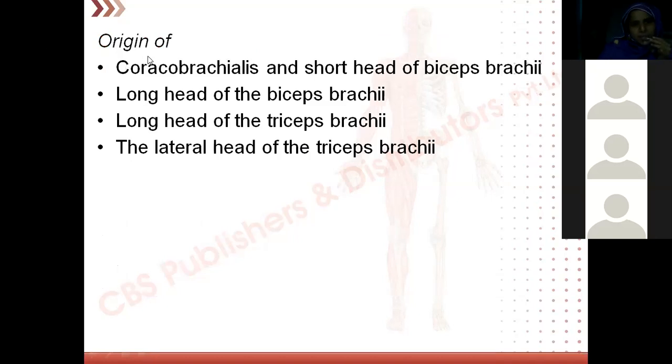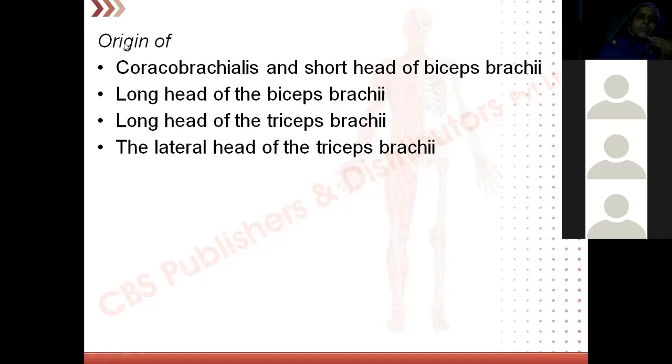What are the structures attached to coracoid process? Coracoid process itself is a 3 marks question. Okay, we know coracobrachialis and short head of biceps brachii are attached. Actually, coracoid process is a best example of atavistic epiphysis. You study it in general anatomy. What is atavistic epiphysis? That means the bone is formed somewhere else, and during the embryological development, it moves and gets attached to the scapula. That is the meaning of atavistic epiphysis.